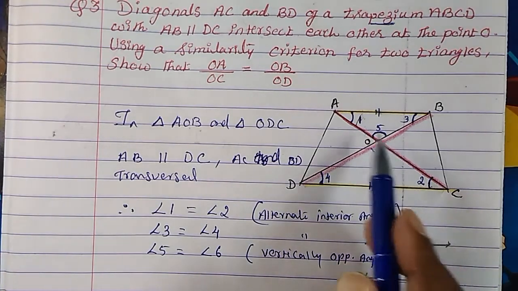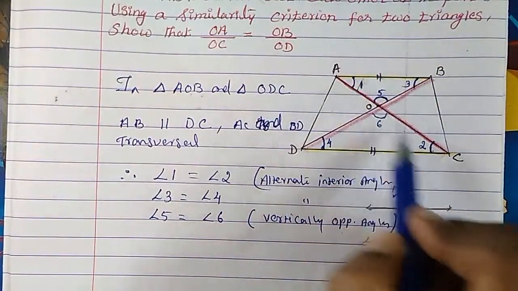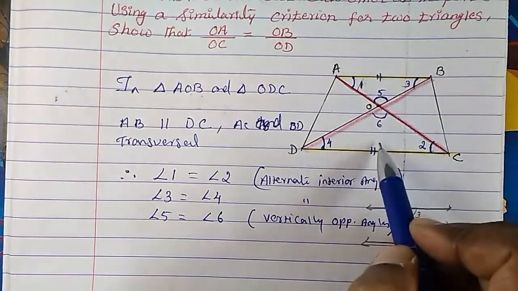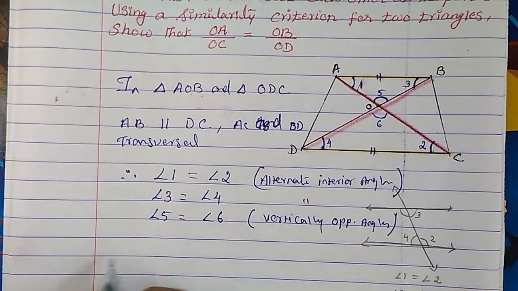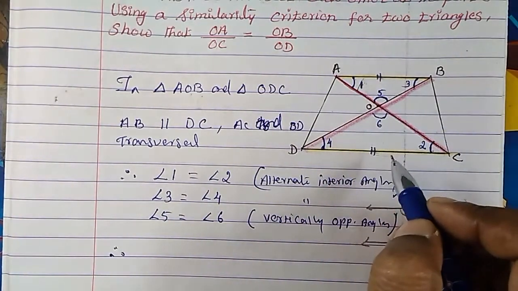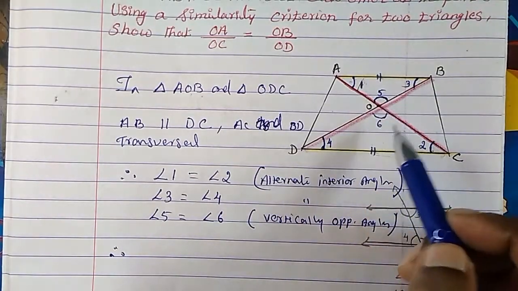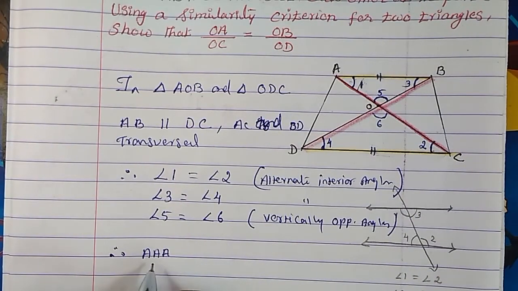So now all three angles are equal. In these two triangles, this angle is equal to this angle, this is equal to this angle, and these two are equal, and we have given the reasons. So all three angles are matching. Therefore, by the angle angle criterion,